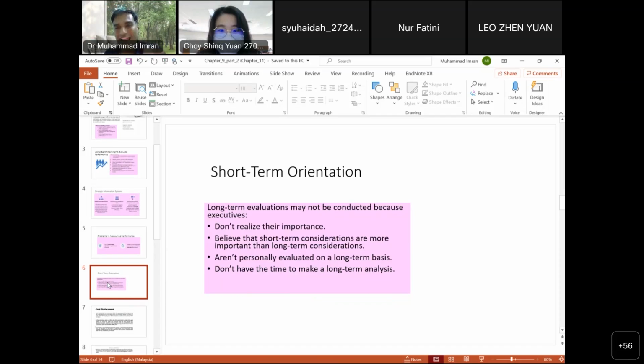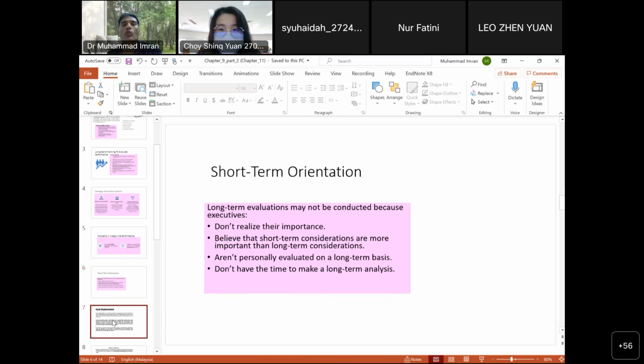Like me, I'm an employee of UUM. If I don't have time for my UUM, for my job, then why would UUM give me a salary? If I don't have time to deliver an effective and good lecture to my students, it means my goal is different. These are lame excuses, by the way. So we should not go only for short term, we should go for short term and long term together.